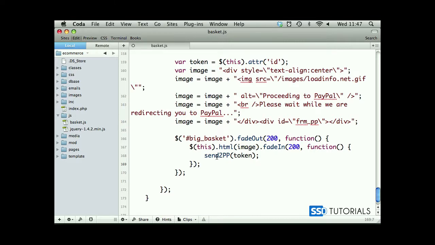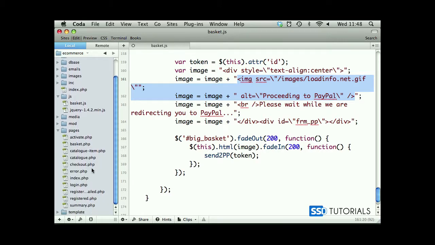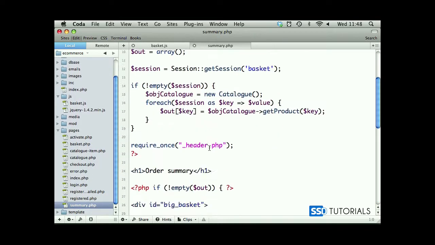Now in the next video we're going to have a look at send to PayPal. But before we move into the next video, let's actually preload this image so that when we replace our summary page with this image and a message, it doesn't show as a broken image, because obviously Ajax only replaces content on the go, which means if this image isn't preloaded, you may see this image as a broken one. So if we go to our pages folder and open our summary page,